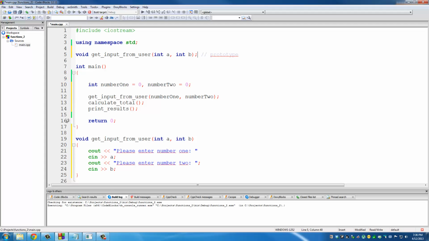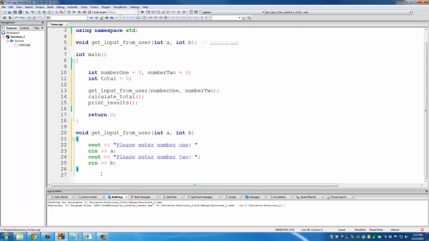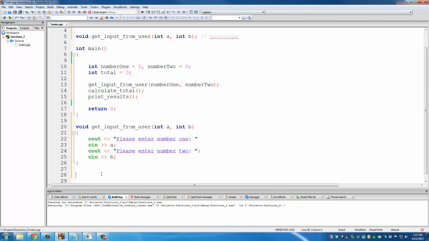Now I'm going to create a second function. It's going to be called calculate total, which reminds me I have to have another variable, integer total. This is going to hold the value total. When I add number 1 and number 2, I'm going to assign the value to total. Now with this one, let's make a function. We're not going to return anything, so we're going to leave void, okay, calculate